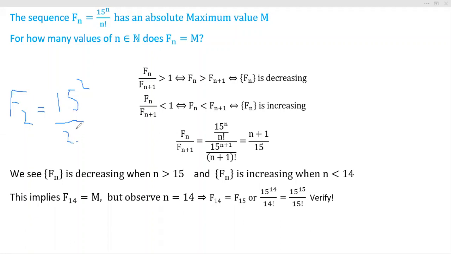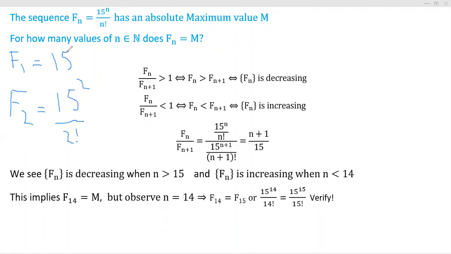All righty, so you can see how quickly this thing grows. Just for comparison purposes, f at 1 is equal to 15. 15 raised to the first over 1 factorial is 15 over 1, so we'll just write down 15 here. So you can see at least the first 2 terms have an increasing pattern. Now, the idea here is just to find out how far it increases, and then if it starts